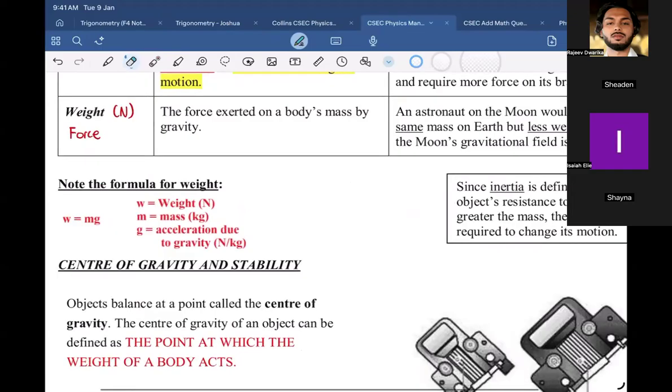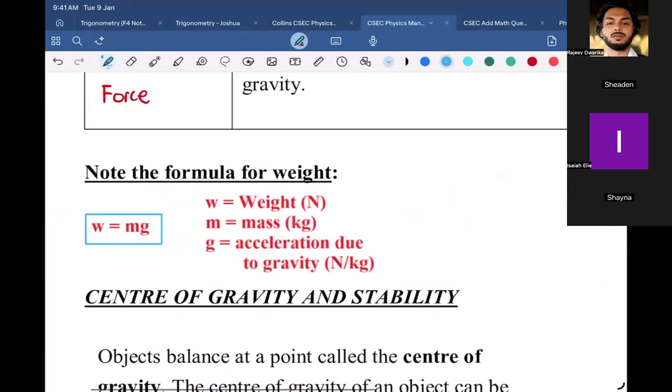You need to know the formula for weight. Weight is equal to mass times gravity, and let me show you where this formula comes from. This formula comes from F equals ma. Shay, why does this formula come from this? Because weight is a what? Weight is mass times gravity and force is the same thing. I wanted to hear that weight is an example of a force, but yeah, that's the real reason why. Because weight is a force, we use the same formula.